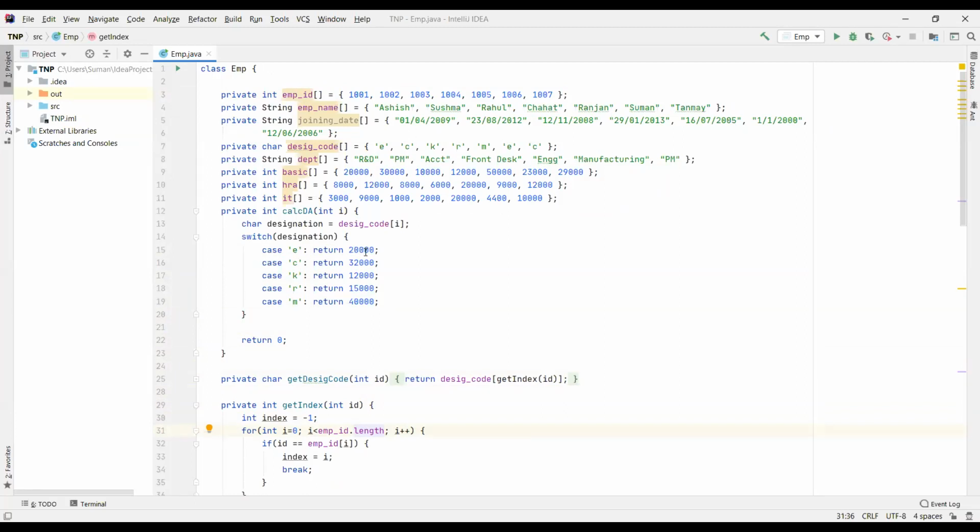The DA value should be 20,000 for employee, 32,000 for consultant, and 20,000 for engineer. Let me show you how to run this program.